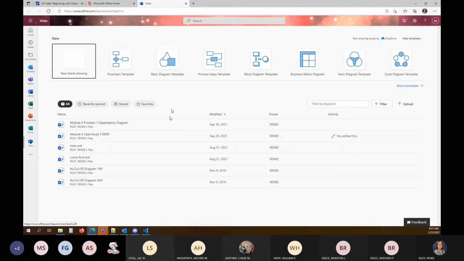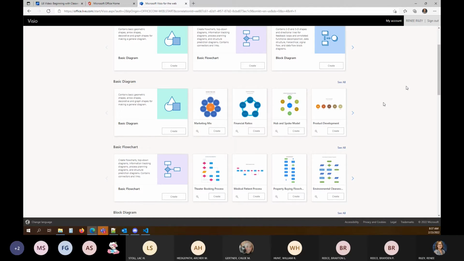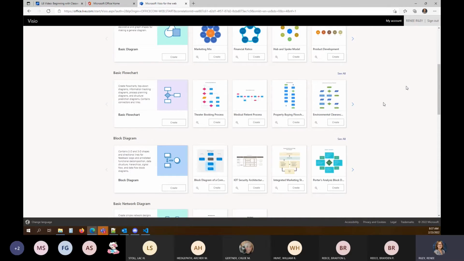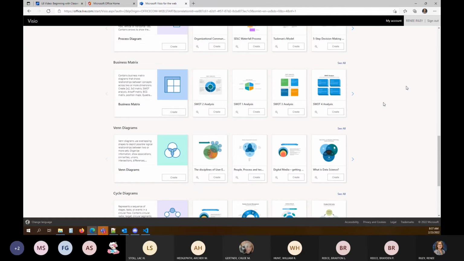And what I want to do is find a UML diagram template. So I'm going to click on more templates here and see what they let me have, because I haven't used this online version. Cool, I'm glad it's here. I don't really want a flow chart or network diagram.